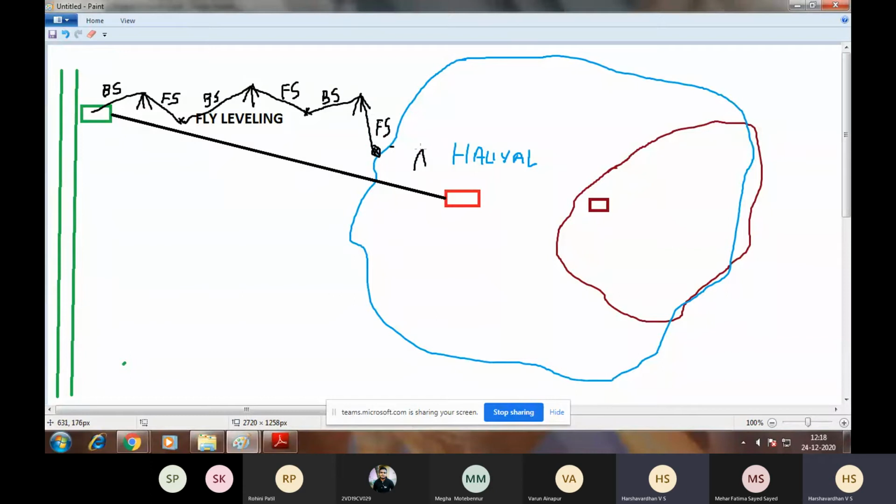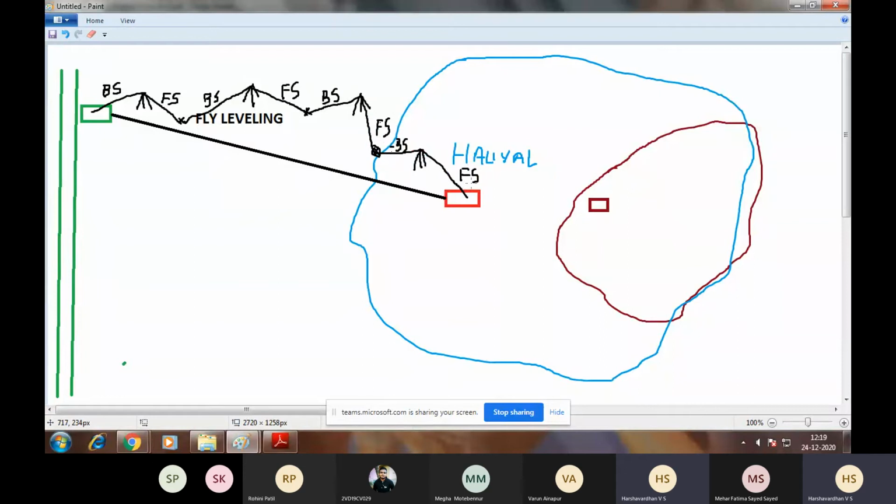I'll shift the instrument and take a backsight on the change point. And finally, when I reach the desired point, I'll take a foresight on that point, because that is the final reading. So you can observe that in fly leveling, you only have backsights and foresights.